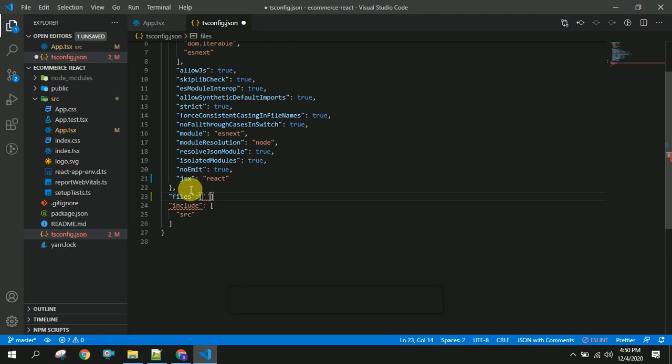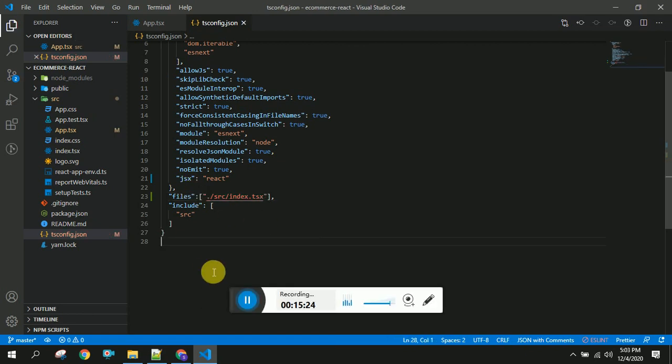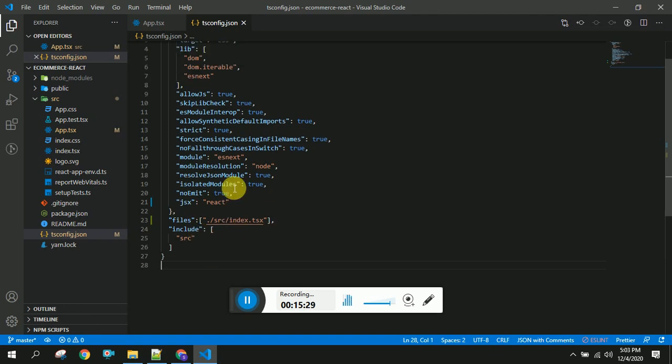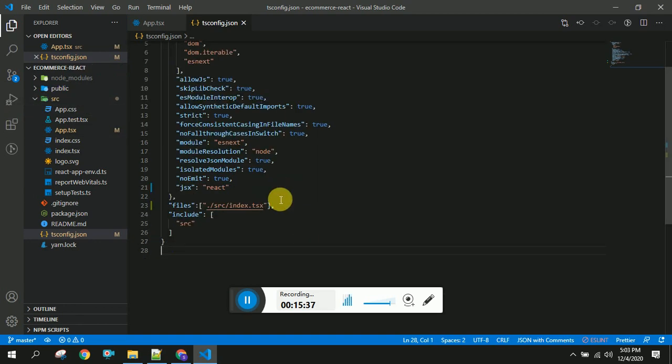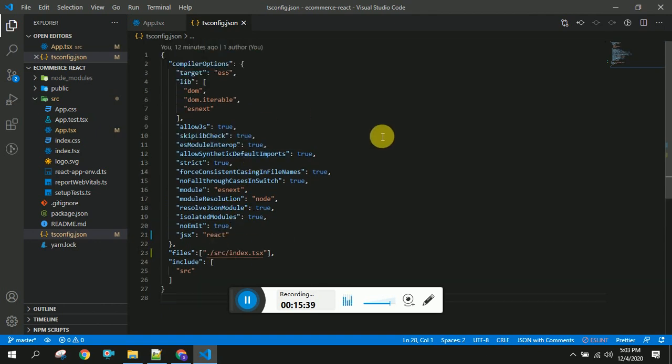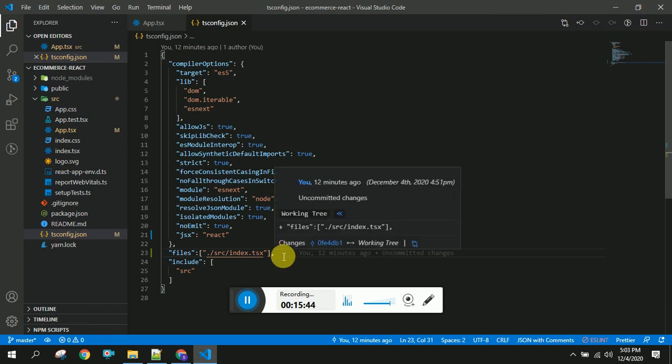In this array you have to import /src/index.tsx. If you see here, our errors got resolved successfully. This is one of the important things. When you create a TypeScript application, you will be getting these issues, so you have to resolve this by including this.